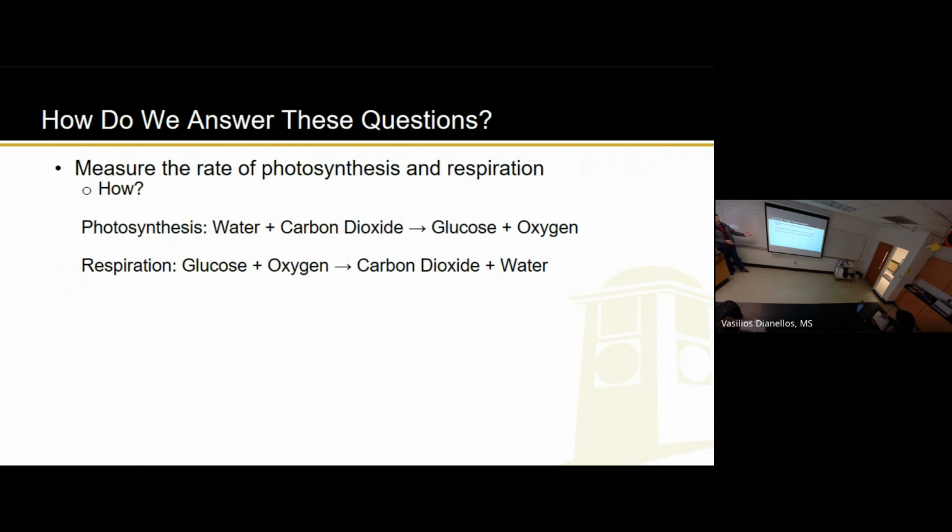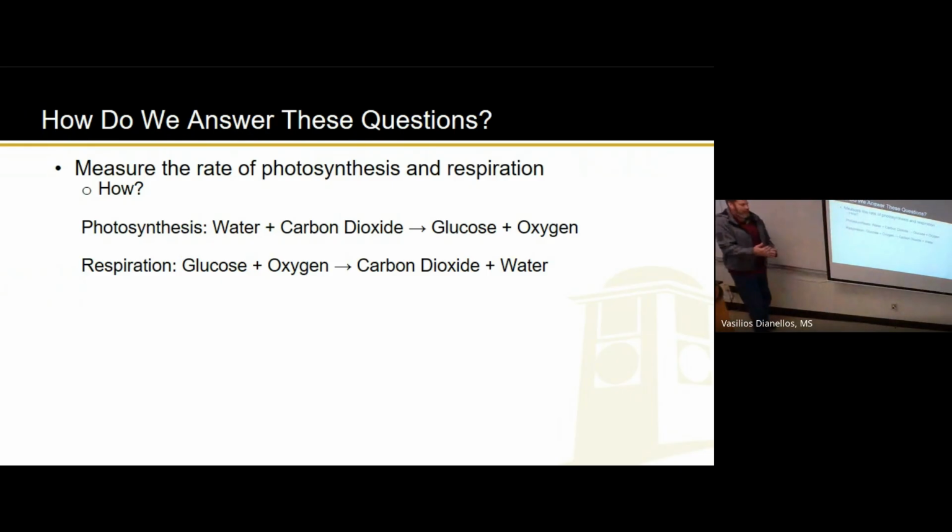Of course, everything I just said would be the opposite for respiration, right? If glucose levels are going down, respiration is happening. If oxygen is going down, respiration is happening. If carbon dioxide is going up, respiration is happening. If water is being produced, respiration is happening. No, excuse me, I think I may have misspoke earlier when I talked about photosynthesis. If water is being used, photosynthesis is happening. So it's the opposite. If we could somehow measure any of those, that's how we can measure photosynthesis and respiration.